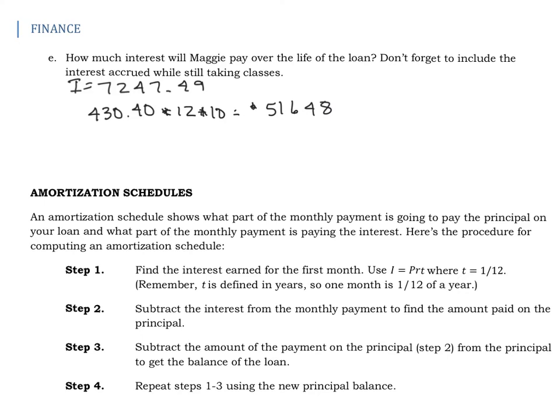So she's paying it back plus extra. Okay, so to figure out how much that interest would be, we're going to take this $51,648 and subtract from that the amount of her student loan. So not the original amount she borrowed, but the student loan that she got after that interest was accrued. And I get